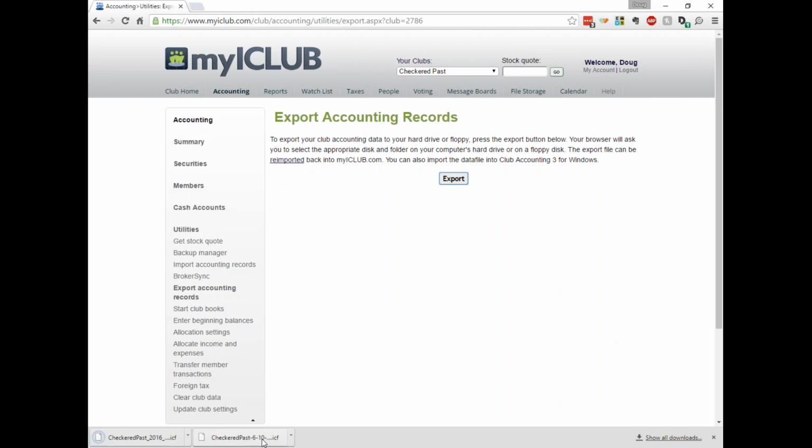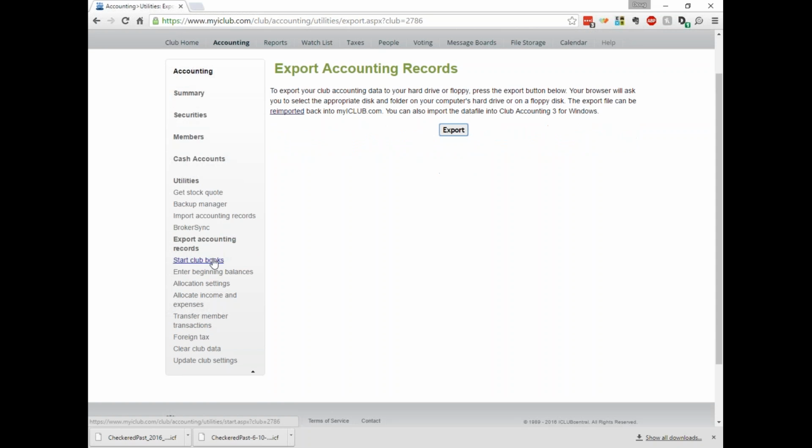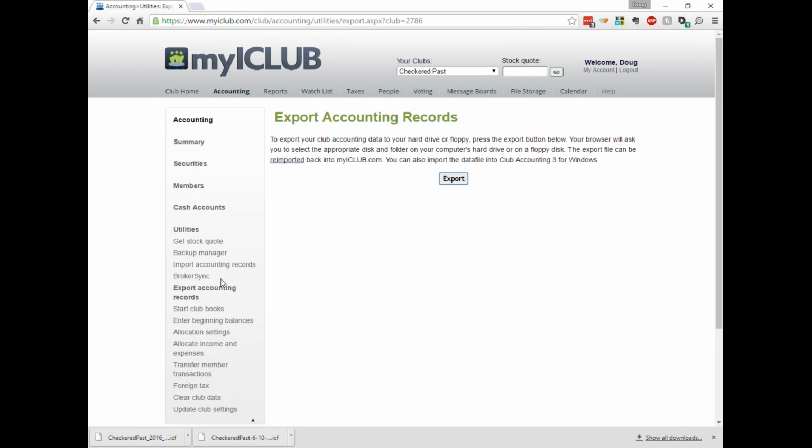So you can see here I've got two files downloaded in my browser in the bottom left, one using the export function and one using the backup manager. It's redundant, but it's meant to help you protect your data,